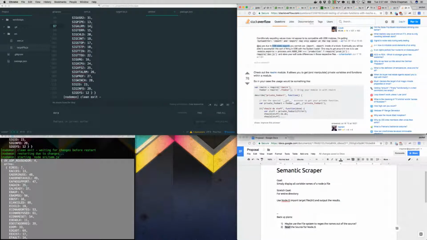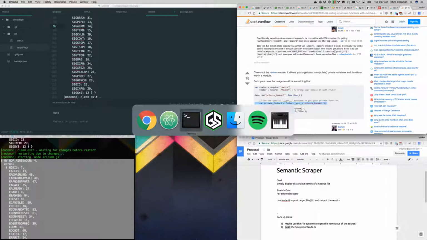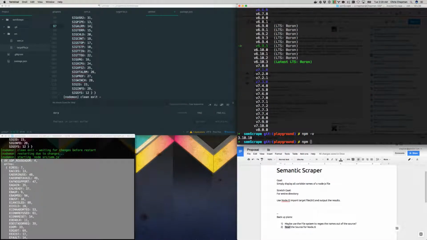This is someone talking about using the rewire module, as I was just mentioning. Aha. Okay, I should have thought of that more when we started talking about rewire. Okay, so rewire. I'll need to npm install that thing. So npm install --save rewire,